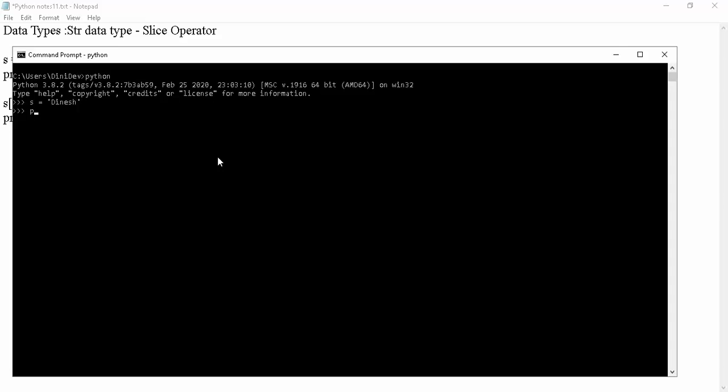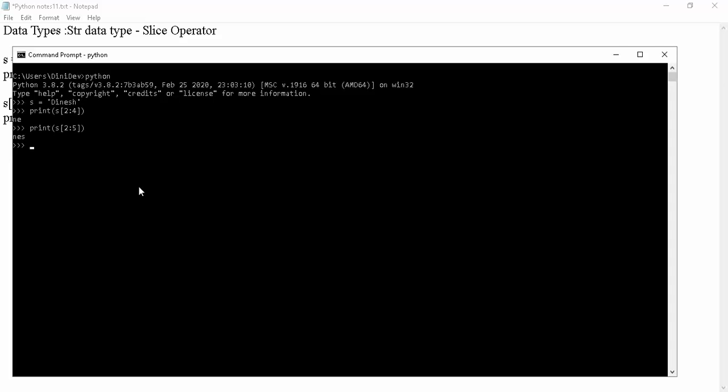Now print of s 2 colon. If I mention 4, it will not give me the requirement which I am expecting. It is showing only ne, because it takes end minus 1. 4 minus 1 is 3, so it is calculating 2 to 3. That means index 2 is n, index 3 is e, so you need to mention 5.